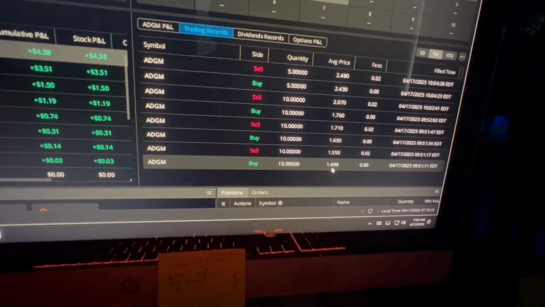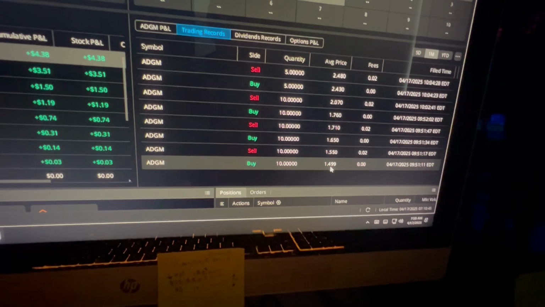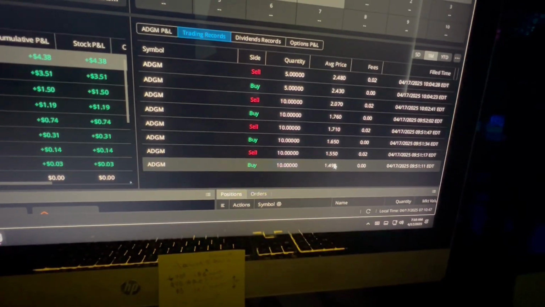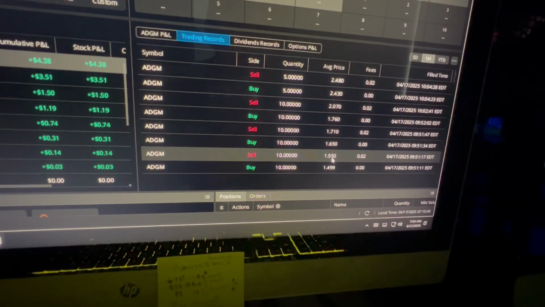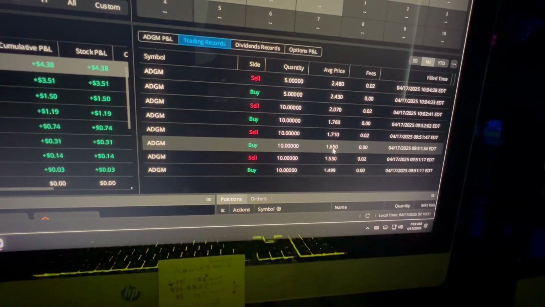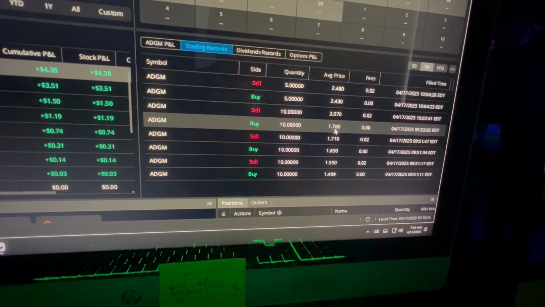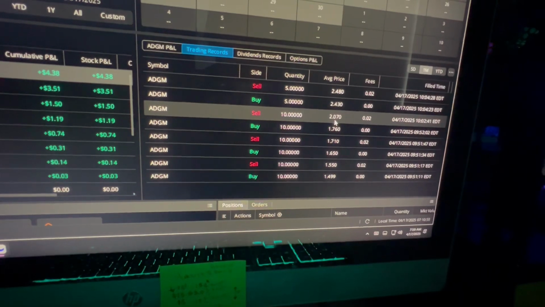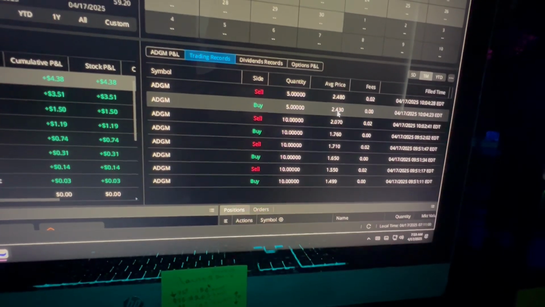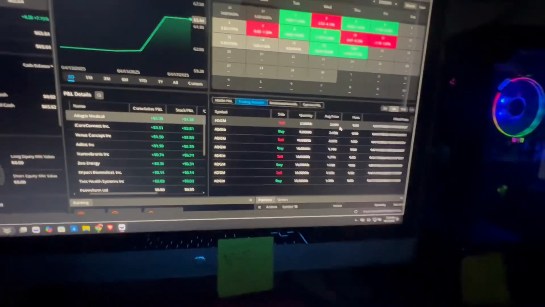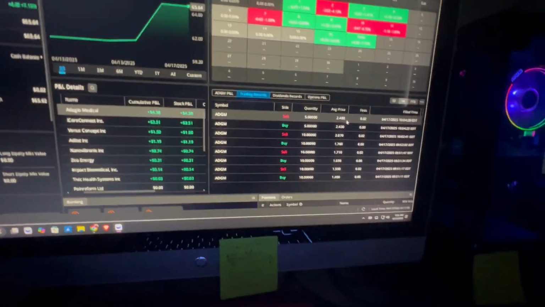So I bought here 10 at $1 a share, $4.99. I sold it at $1.55. So it always has to go higher, 1.65, and sell it higher. 70, 76. I bought that. So bought it here, sold there, buy here, sold there. So to me, this was a really good trade, very successful. And you just add it up,